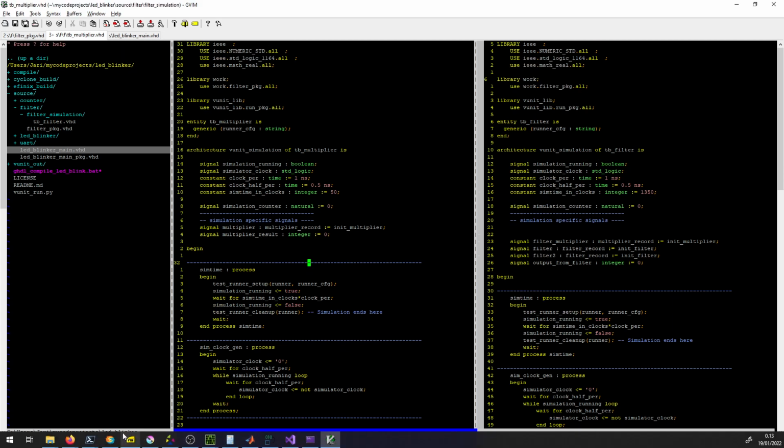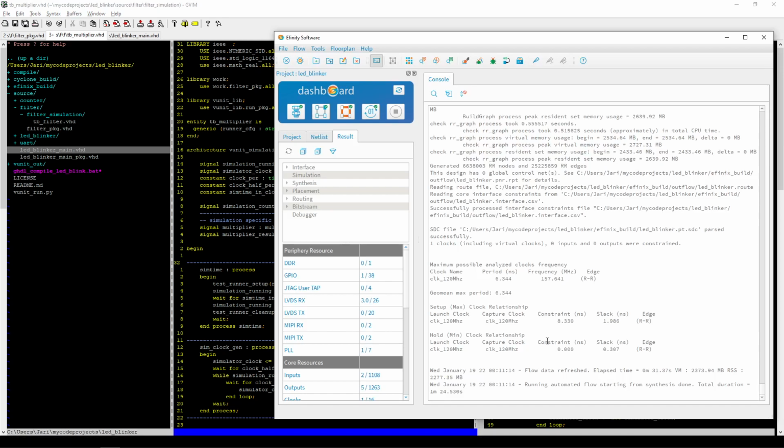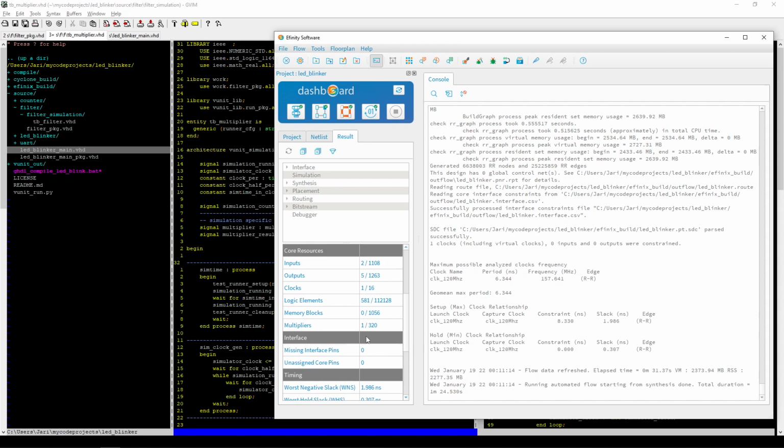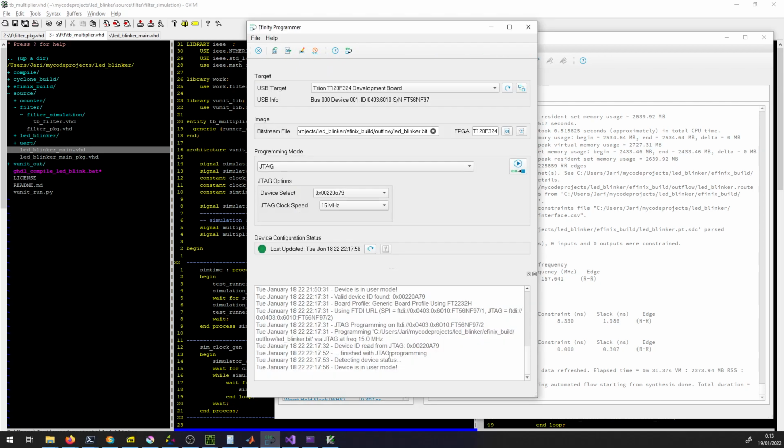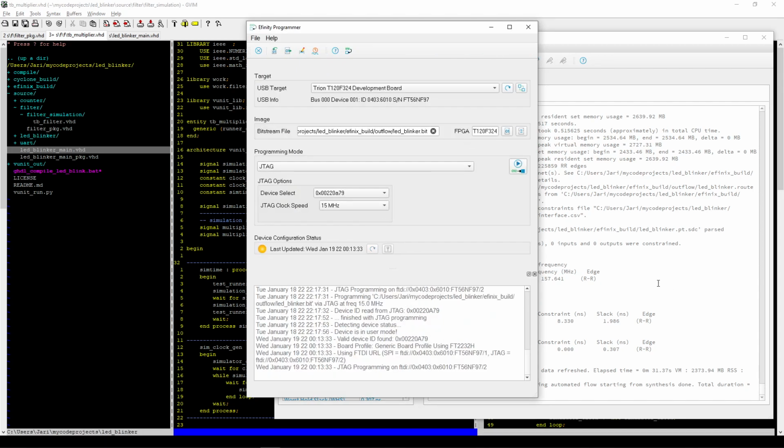So if we now go ahead and see, this is already done, and if we look at the synthesis results, we can see that we have actually reduced the amount of logic elements we need by roughly 100, and we have reduced the amount of multipliers we need by 5. So previously we used 6 multipliers, and now we can make do with just 1. And we are still running 2